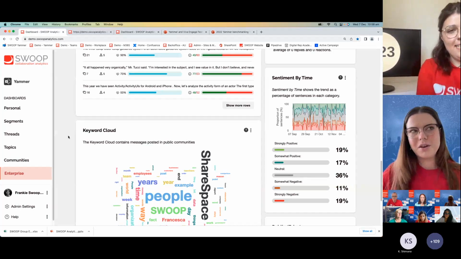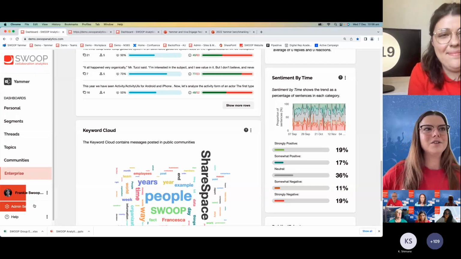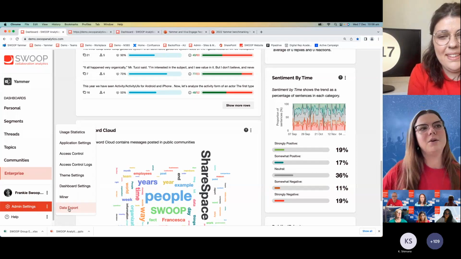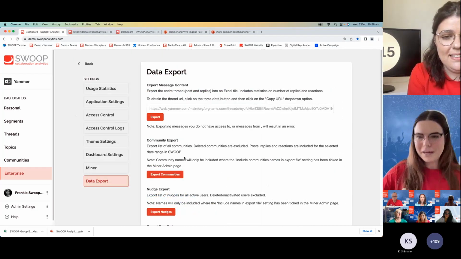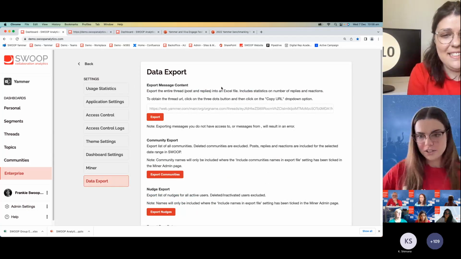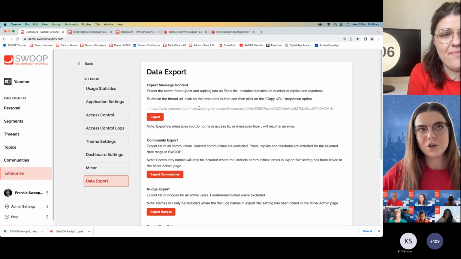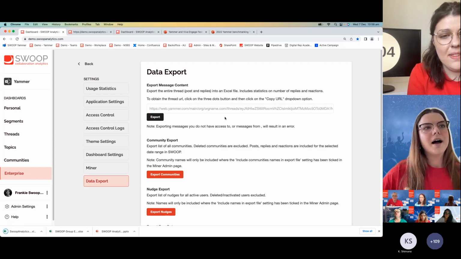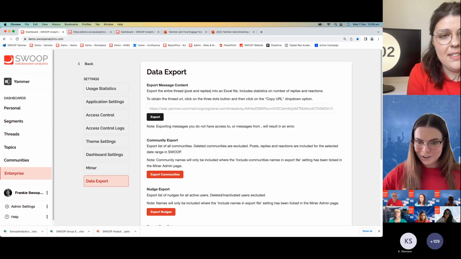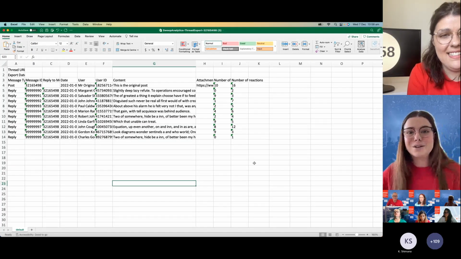Okay, this is a scenario that we hear about all the time, running competitions on Yammer. It's a massive hit. So if we go into our admin settings here, we have this option called data export. We've been here before. And up here, you have this option called export message content. And if you just simply post in the URL from your competition and then you click export, SWOOP will then generate another really great export for you,